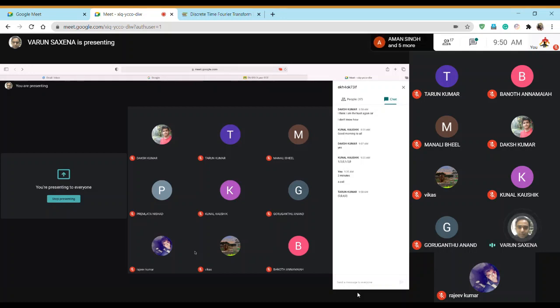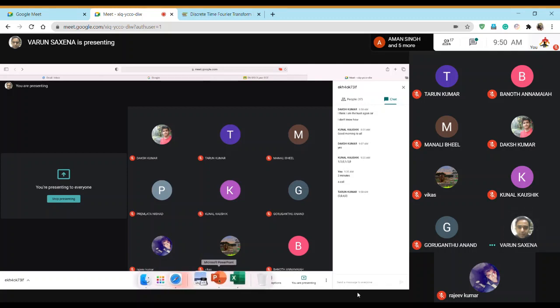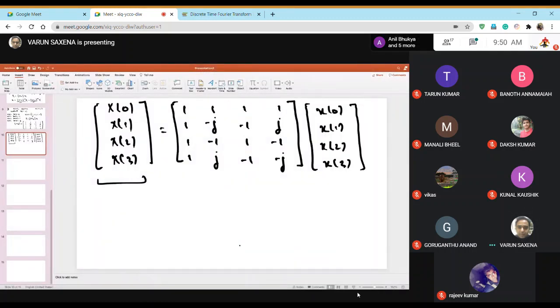Yeah, 0040. That's the answer. So capital X[k] is 0040. So this value will be 1, this will be minus 1, this will be 1, this will be minus 1. So that is the answer. Okay, try to evaluate this and tell me what answer you get. Take another problem.